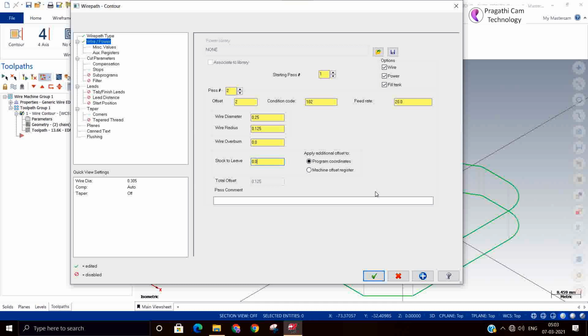So this is the stock to leave. So this is the overburn and the stock to leave. If you want to put some comments, you can type it there.